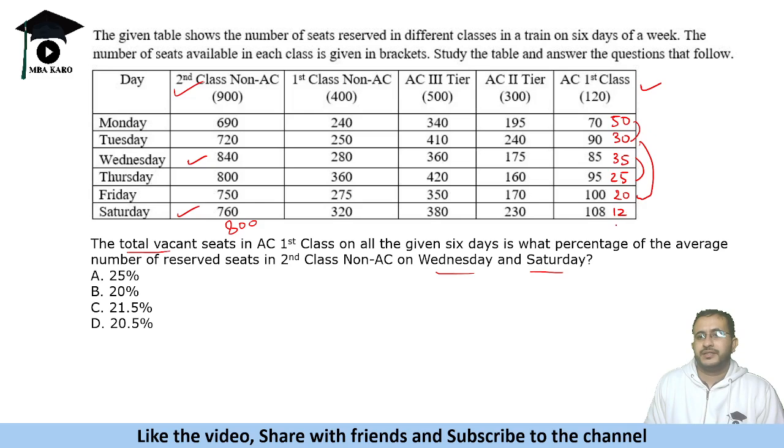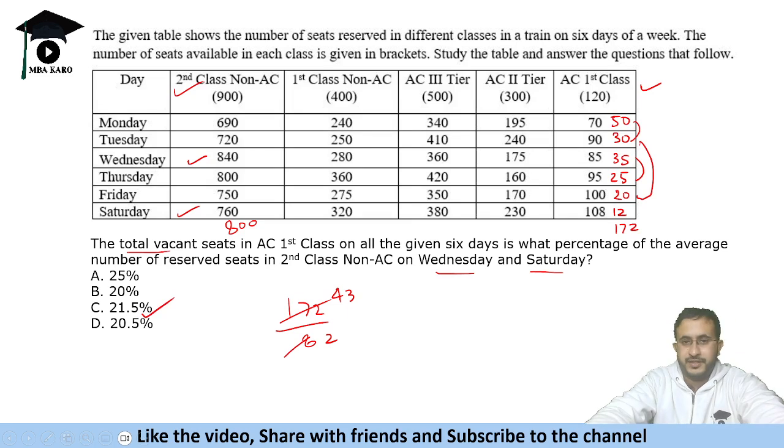160, and this is 172. 172 by 800. So this is 20. You can divide by 4. This gives us 2 and 43. 43 by 2 is 21.5%. Okay, so again, heavy on calculations, and although not very complicated ones, but yes, you do have to add